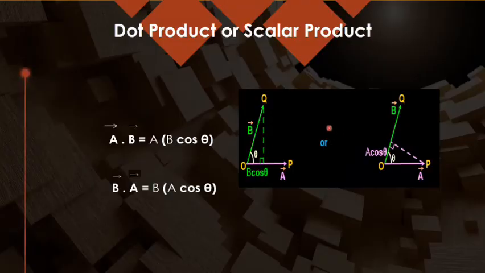The previous knowledge you need is the dot product of vectors. The quantity we get from the dot product of two vectors is a scalar quantity. When I find A dot B, I can take the projection of B on A, or if I write B dot A, I can take the projection of A on B. The result is the same, which simply proves that it is commutative.